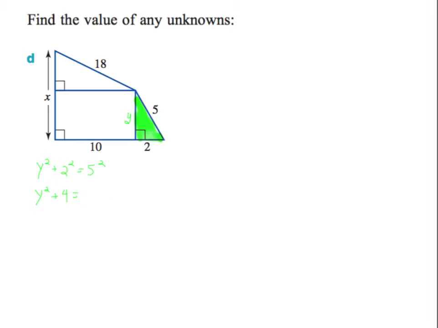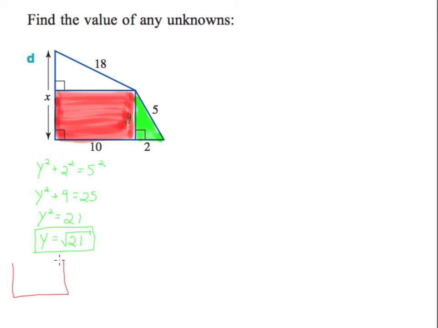Applying my algebra knowledge and simplifying this down, I will end up with y equal to the square root of 21. Now that I know the missing side y, I'm going to look at this red rectangle to the left of the green right triangle I just solved for, and I'm going to identify the lengths of each of the sides of this rectangle. It's given that the bottom is 10, and I just figured out y is the square root of 21. I know that parallel sides of rectangles are congruent,